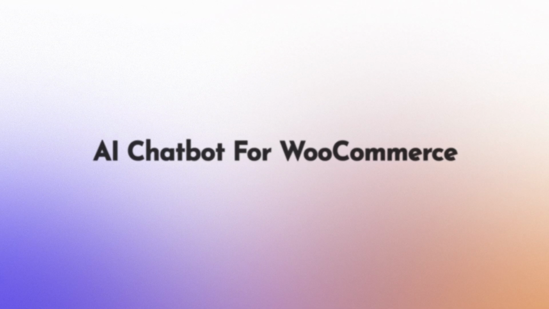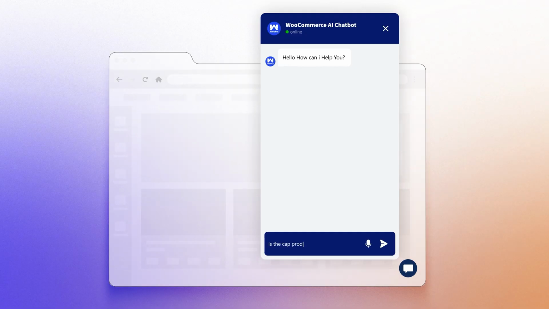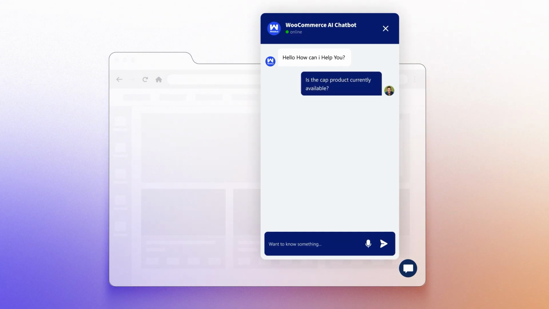Introducing the AI Chatbot for WooCommerce, an AI-powered chatbot that provides real-time answers to customer product queries directly in the